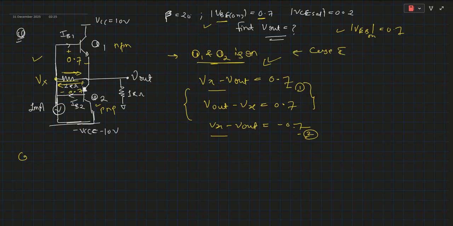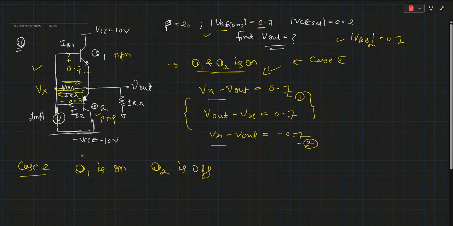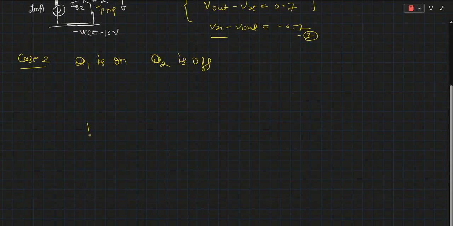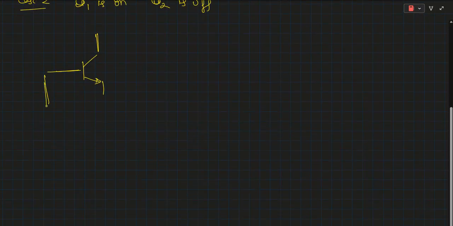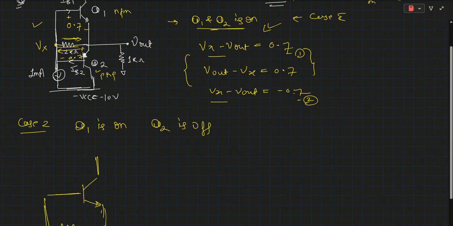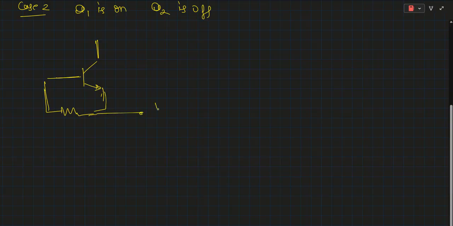Now case two. For case two, we are assuming that Q1 is on and Q2 is off. Let me redraw the circuit. If Q1 is on and Q2 is off, no current will flow through the Q2 transistor, so we will not show it in the circuit. And this is Vout,